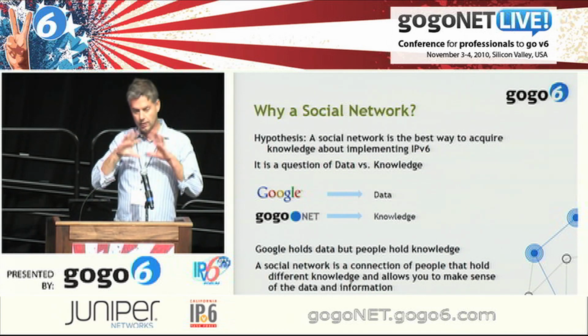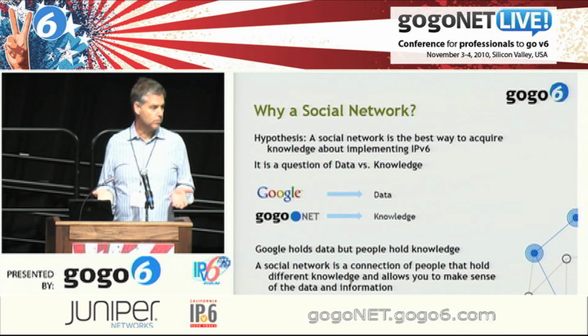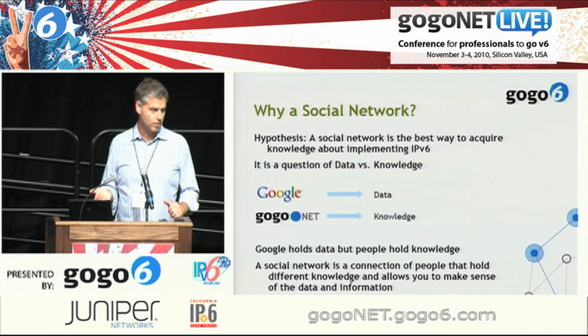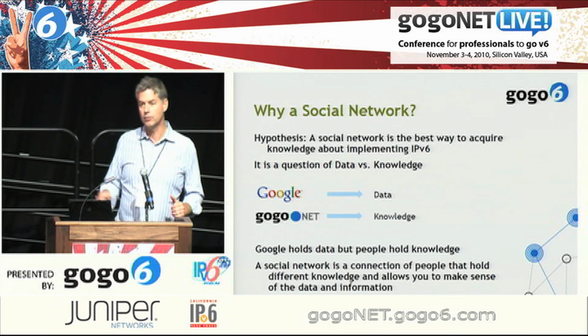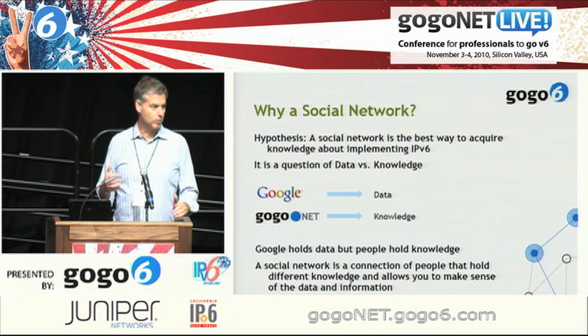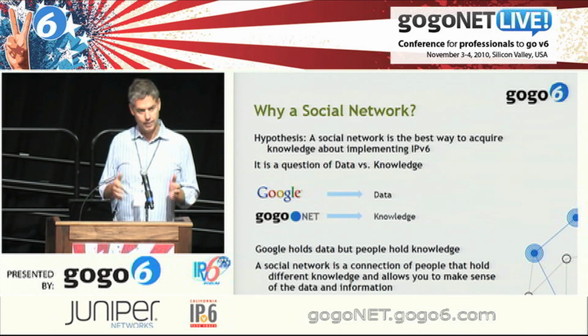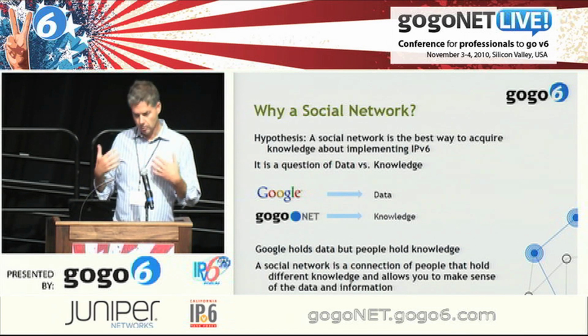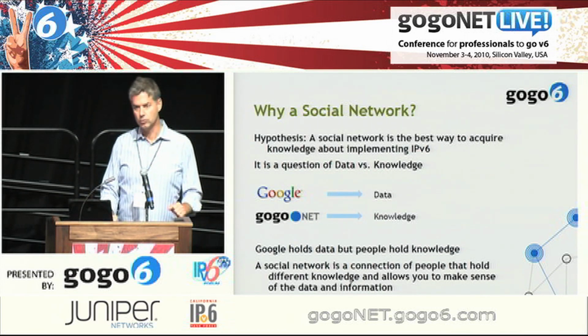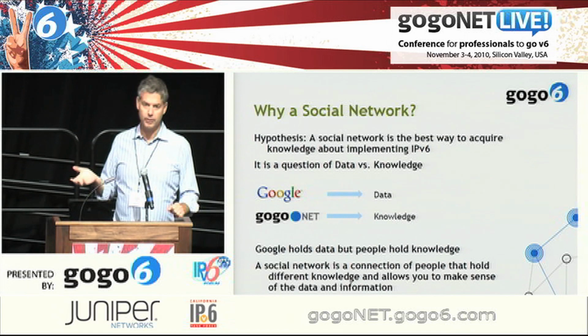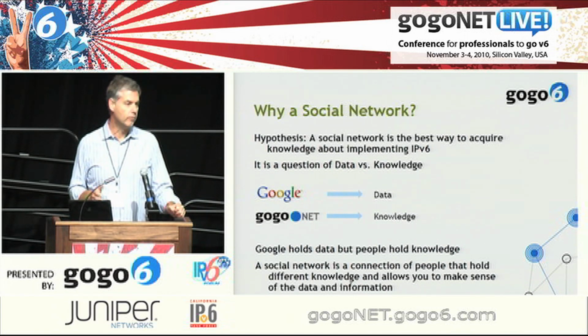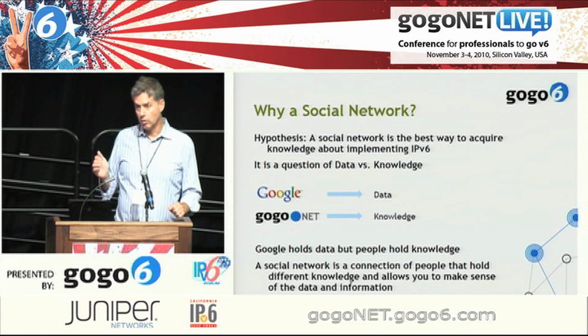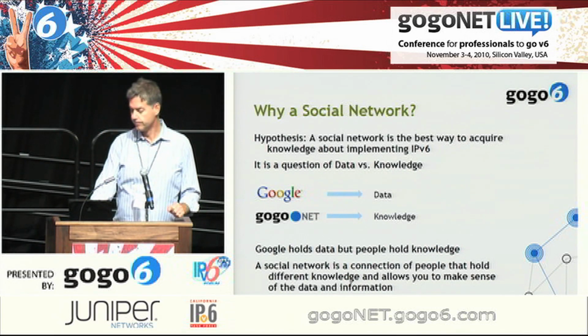And then gogoNET is really a collection of people that have knowledge in different parts of IPv6. It's going to take time for people to get used to it. Facebook obviously is changing the way people communicate, but I think a social network dedicated to a professional endeavor like IPv6, as people get used to it, will be a very powerful tool, because you're able to meet up with people that are doing the same thing that you are, or who have already done the same thing as you have, all over the world. So there's a lot of experience there.